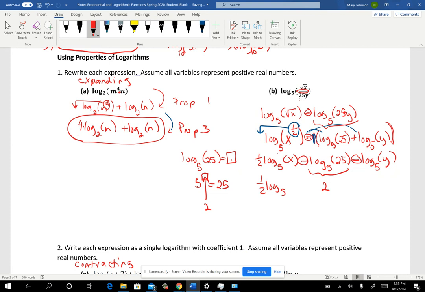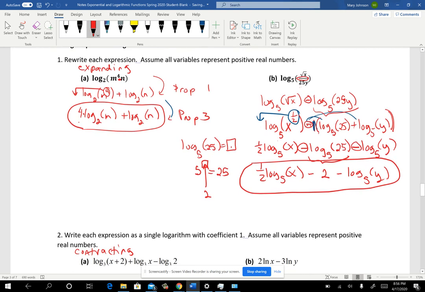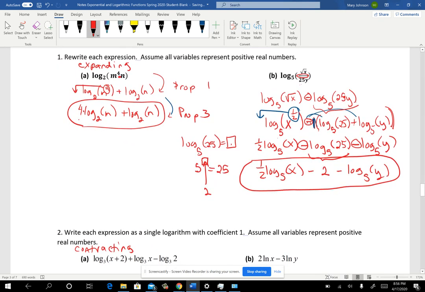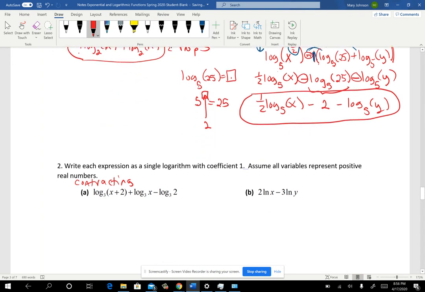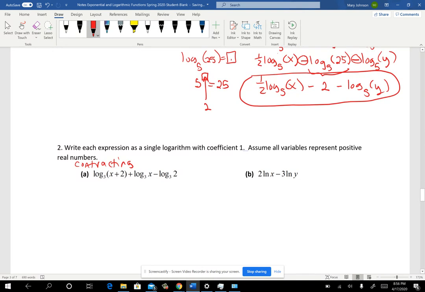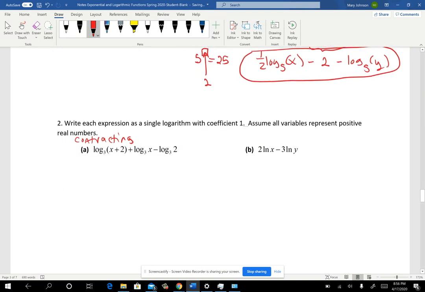Okay. Not a whole lot more you can do, though. This will be minus 2 minus log base 5 of y. So this one is expanding an expression that involves logs as much as you can. And you do need that, but you need it more in a calculus class, I think. All right, but the second problem, that one we're going to need when we start solving equations on the next